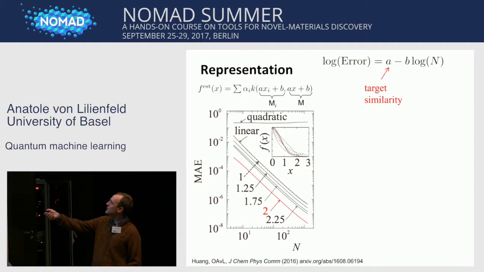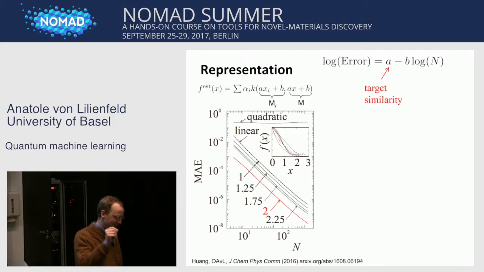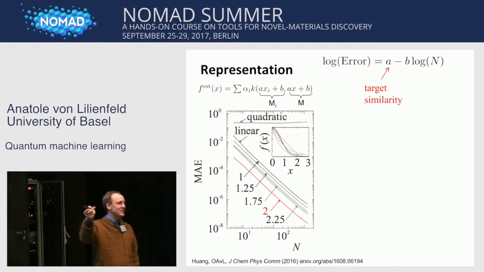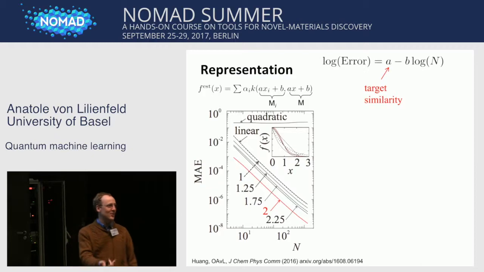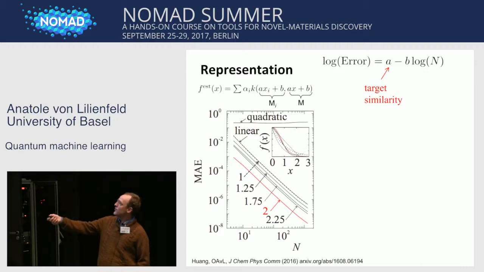If you put in an exponentially decaying function, you get the dash. It's hardly distinguishable from the linear. But as you go to the exponentially decaying function and you change the exponent of x, so if e to the minus x to the power of some exponent, this is what you see here. These are these exponents, right? So for one, it's just a conventional exponentially decaying function. Then you have minus x to the 1.25 beta, 1.75 beta. You reach 2. So this is a Gaussian. You use a Gaussian as a representation to model a Gaussian. You get the lowest lying curve, and then as you raise the exponent further, it comes up again.